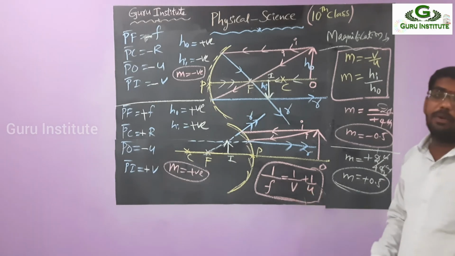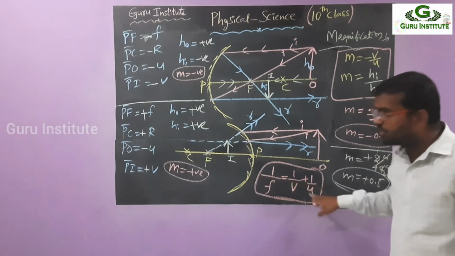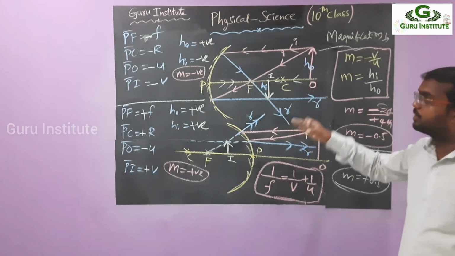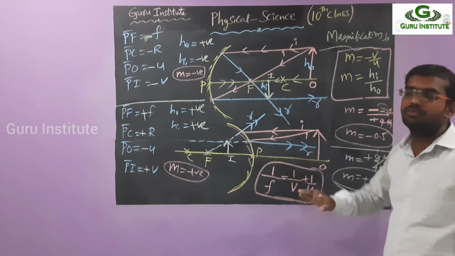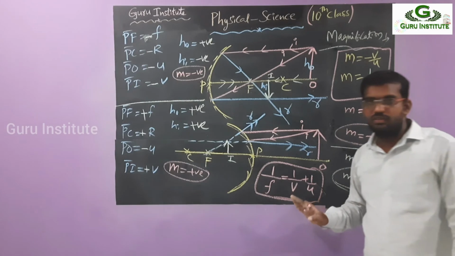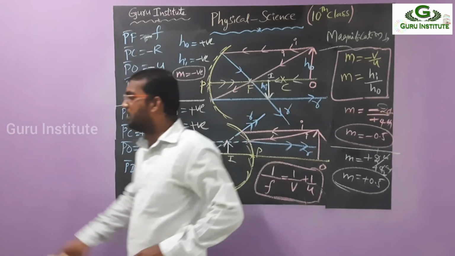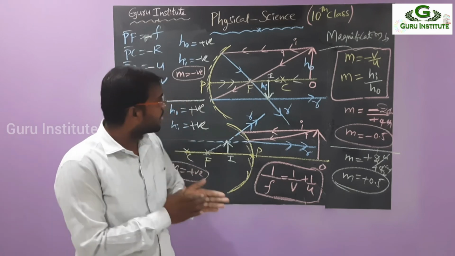But for the unknown parameter, there is one strict condition. Out of the 3 parameters given, which parameter do you have to find? For the known ones only you apply the sign convention. For the unknown parameter, that means the one you have to find, you need not apply the sign convention. Okay? This is today's topic. Today's topic is over. I am giving a 1 minute review of this.